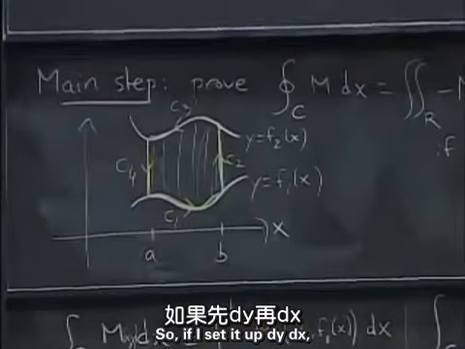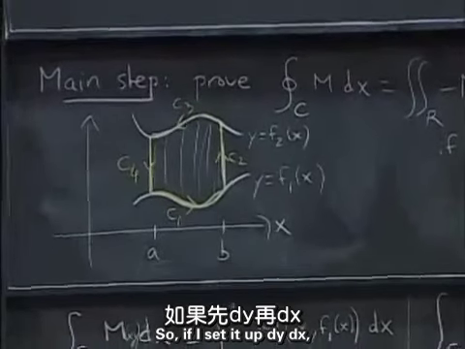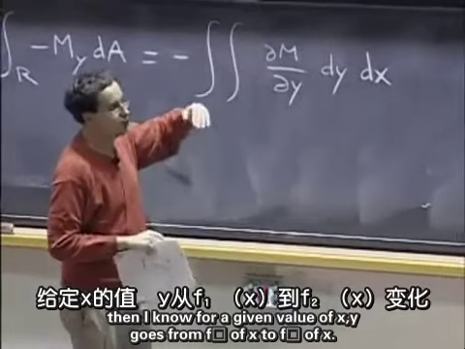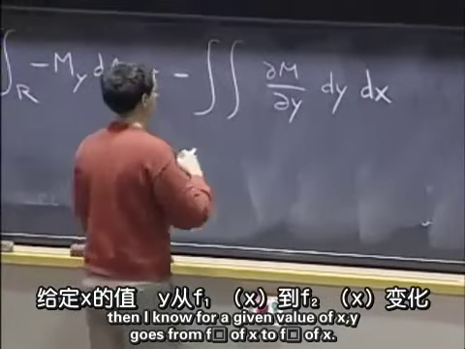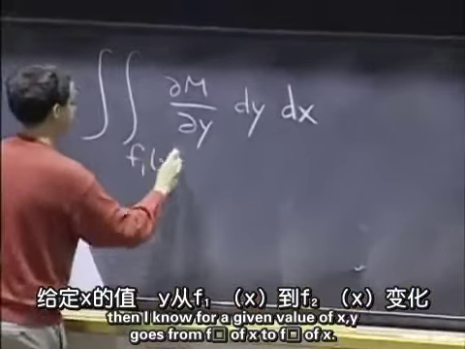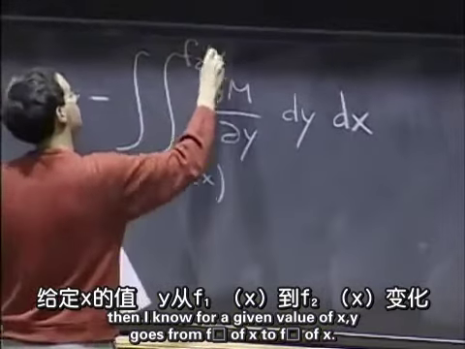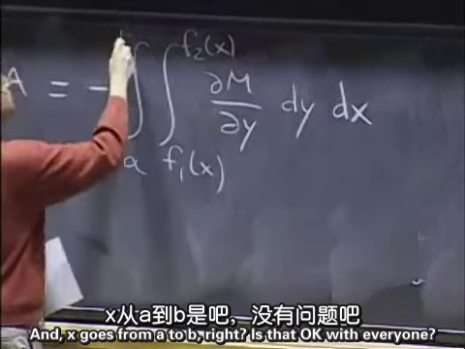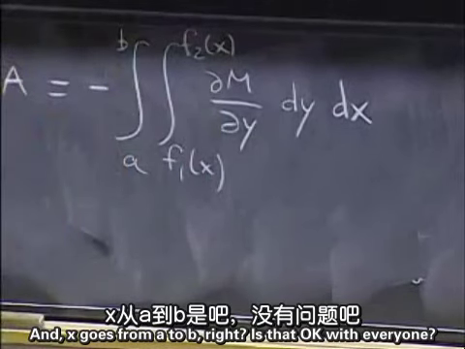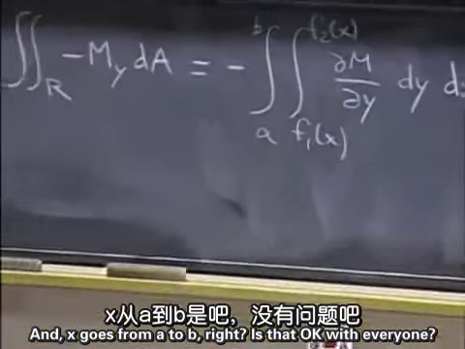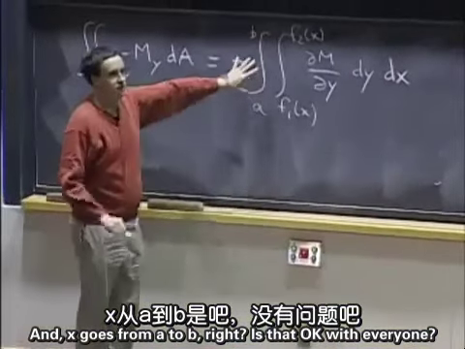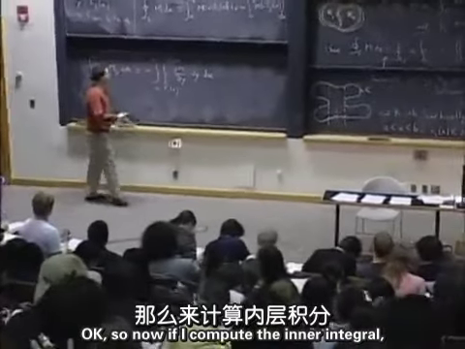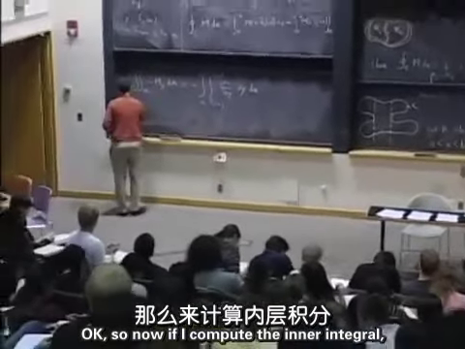Right? So if I set it up dy dx, then I know for a given value of x, y goes from f1 of x to f2 of x. And x goes from a to b. Right? Is that okay with everyone? Yeah. Okay. So now if I compute the inner integral,